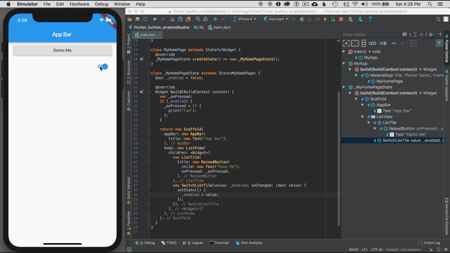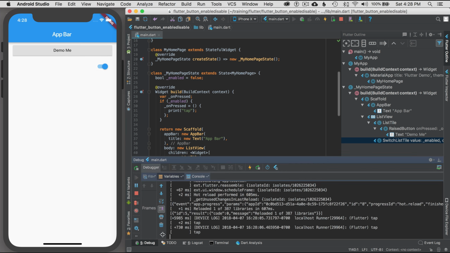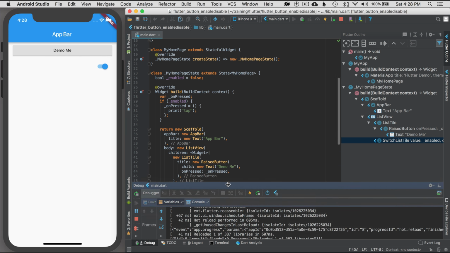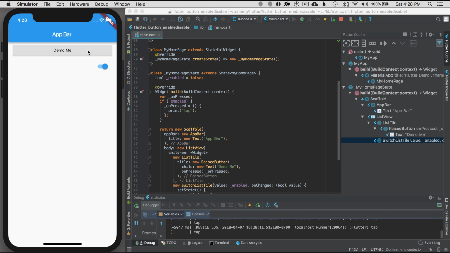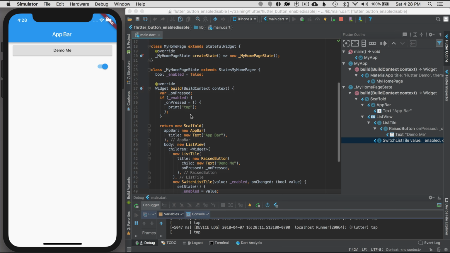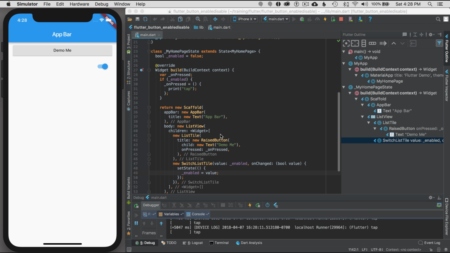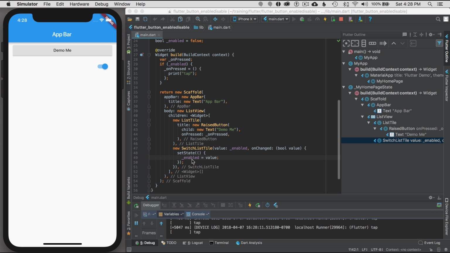Okay, I'm clicking on the toggle. When it's enabled, it enables the button, and I can tap. If I were to look at the debug, let me just minimize that, and I'll press on tap, and there's the tap. So that is really easy, to enable and disable the button simply by changing an internal state variable,